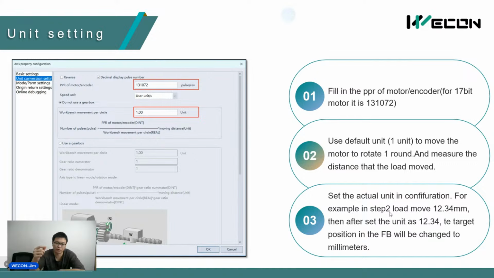First, we control our motor to rotate, for example, 1 rod, and measure the real distance the motor moves. For example, one rod it moves 12.33 mm, and then we can set this parameter as 12.34 units. So with this setting, when we set the target position as 20, for example, 20 in our function